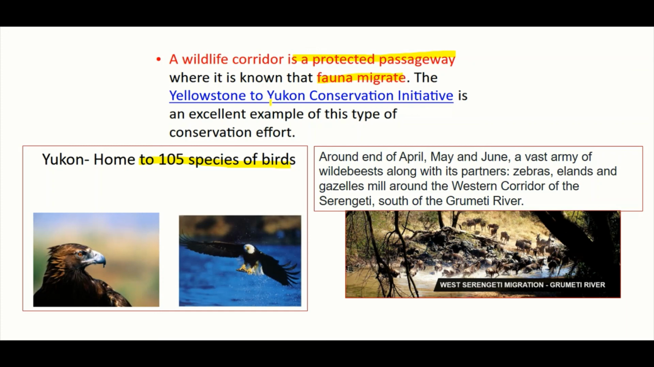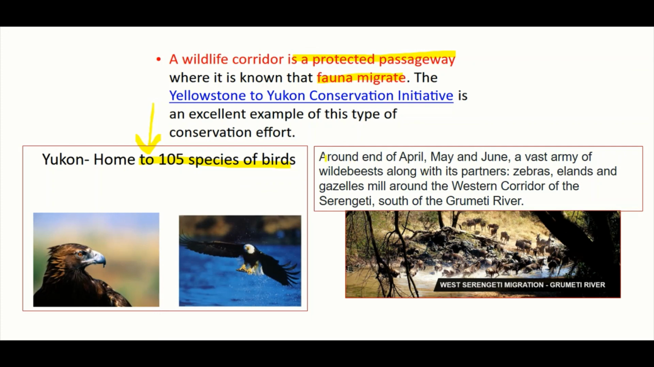The Yellowstone to Yukon conservation initiative is an excellent example of this type of conservation effort. So here we have various types of birds, like 105 species, and we have the migration of those birds within